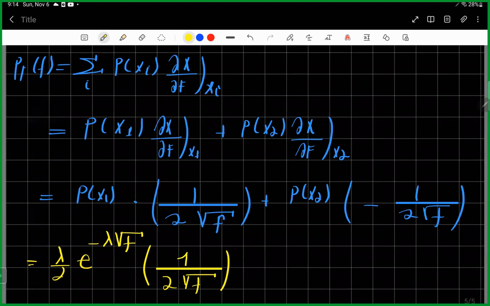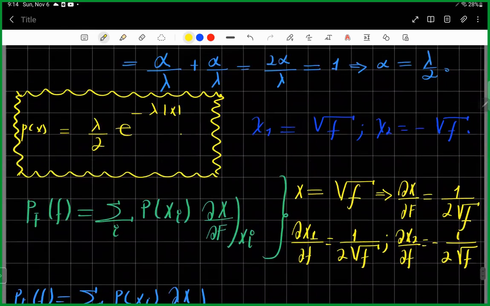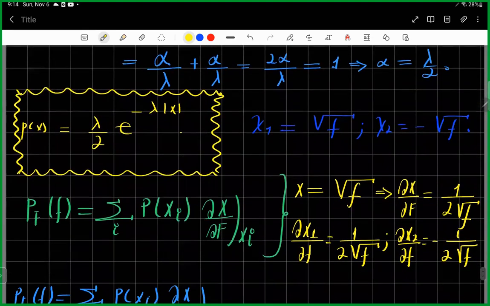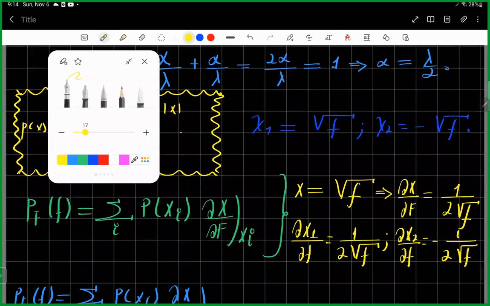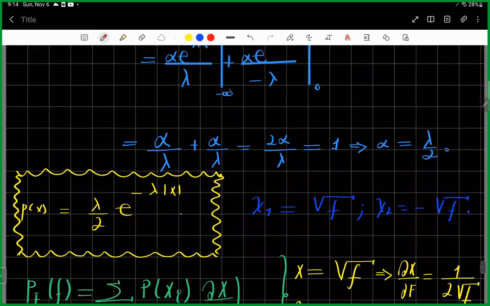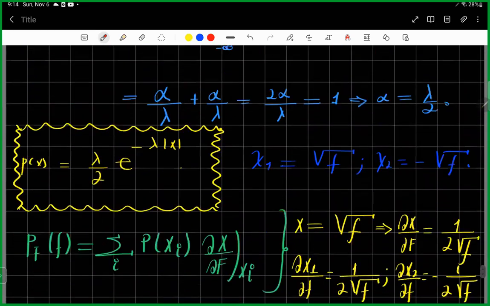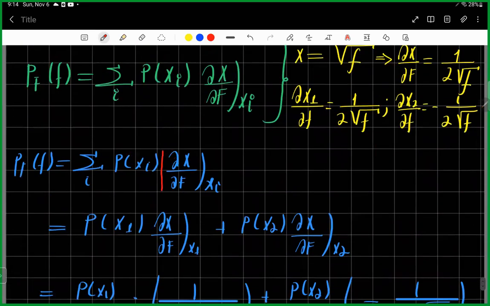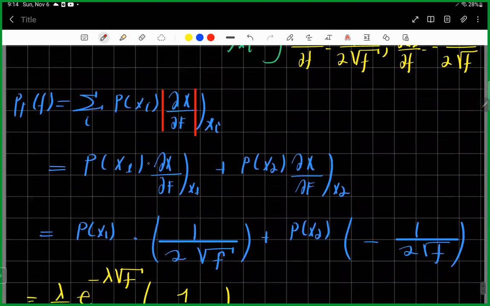Here we have, oh, I forgot something here. This formula here, this derivative, is just the magnitude of the derivative. Sorry, I completely forgot about that. This is the magnitude of the derivative, because I will get a zero somewhere, and that's not what I should get. So, well, that has, of course, a different explanation.